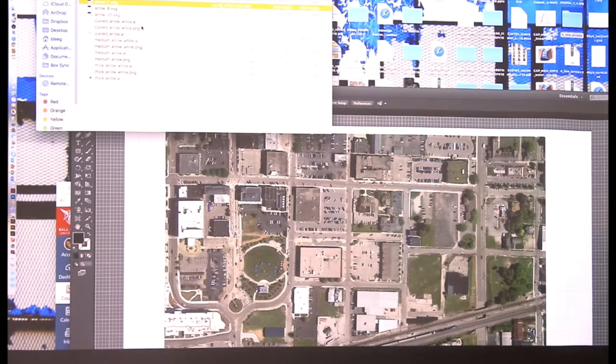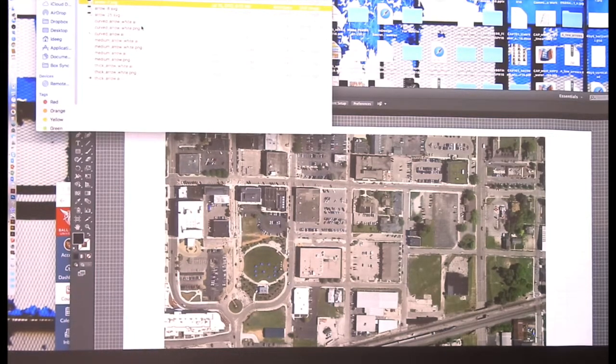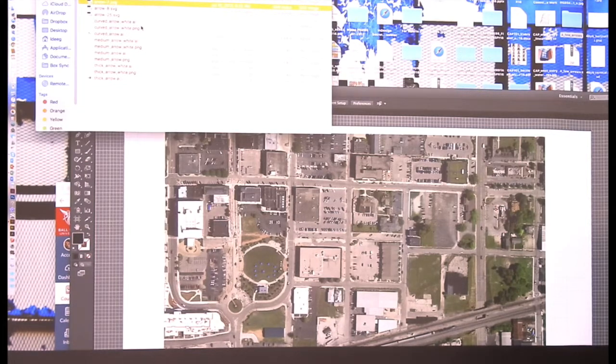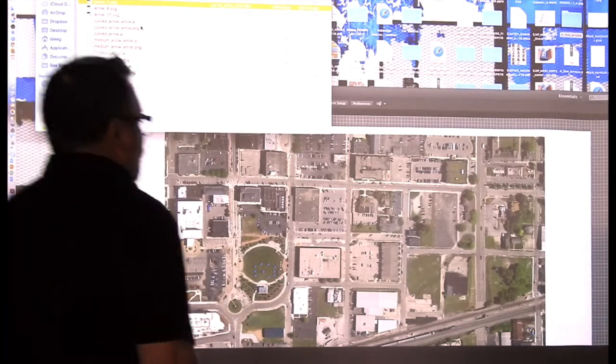AI file is an Adobe Illustrator file. PNG file is a portable network graphic. Okay. Simplified vector graphic is a vector image. You can make it as big as a billboard or as small as a thumbnail, and it will retain its properties entirely. A PNG is a pixeled image. That is like a photo. If you stretch it, it will get pixelated. It will not work well. An Illustrator file is already a standalone Adobe Illustrator file, which we can then bring in to an Adobe Illustrator document and modify it. So if we pick one of these arrows,